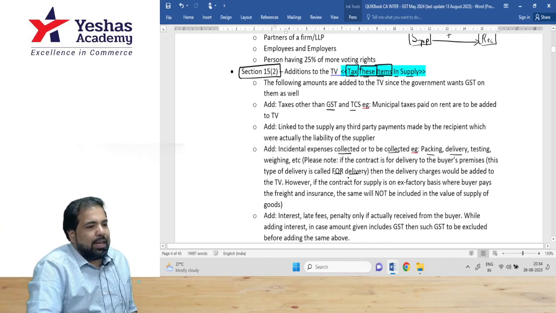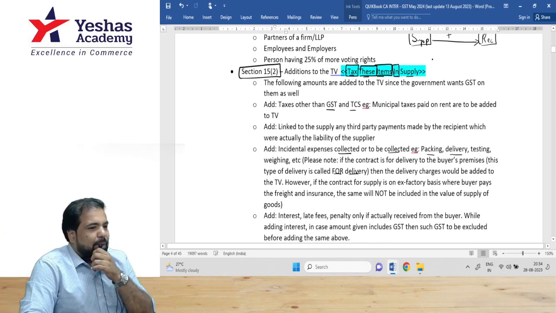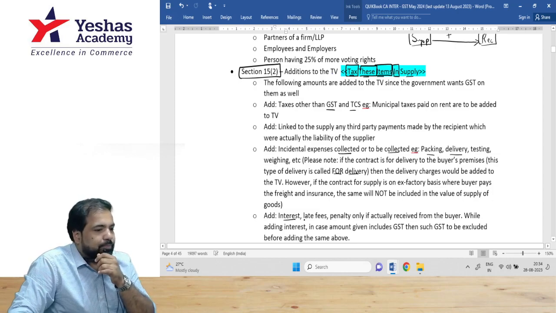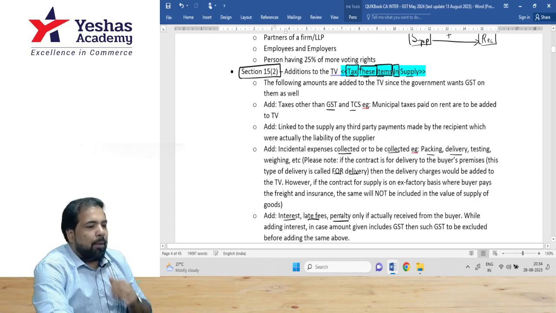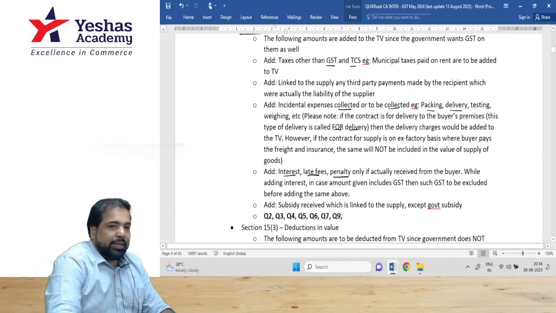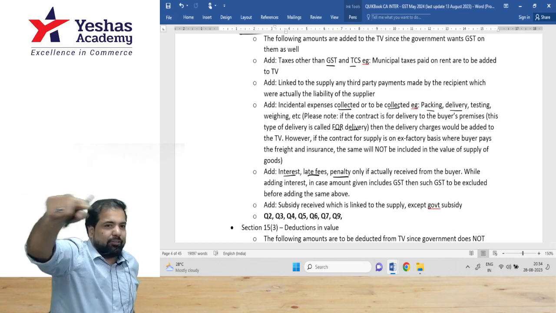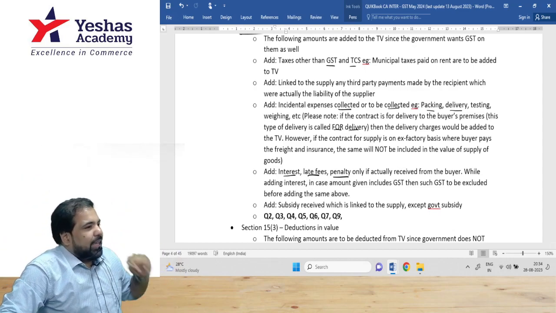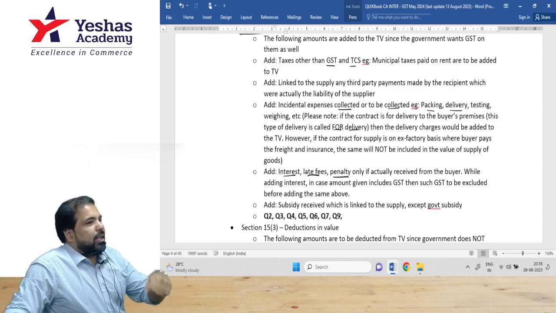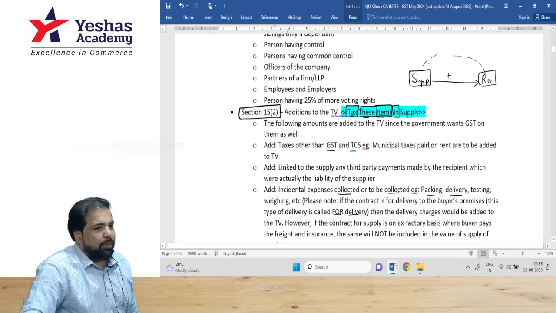Yes. All right. Next, guys, interest. Guys, can the supplier charge you interest or penalty? And guys, will you add that also? Yes, because once someone is registered, even on interest, penalty, late fee, etc., there will be what? GST. But in the exam, if they say that the recipient has only paid, guys, this person has only paid